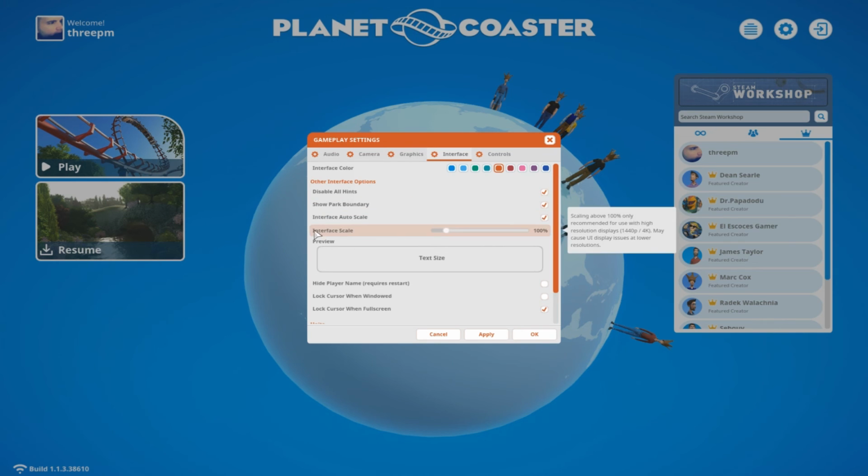Show park boundary sounds exactly like it is. It's going to show you the park boundary. Interface auto scale is going to allow, based on your monitor size and based on your resolution, to scale the interface to a certain size to fit your monitor correctly. However, for those that are visually impaired or those that want larger text, larger screen, larger icons, you can select a larger scale and it will increase your text size, it will increase your windows, but of course that's taking up real estate on your screen for the actual game in terms of seeing the maps and seeing the